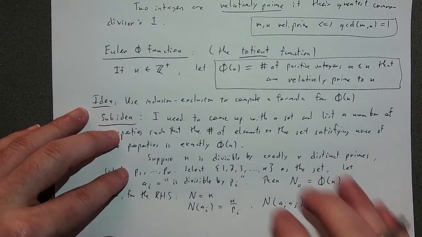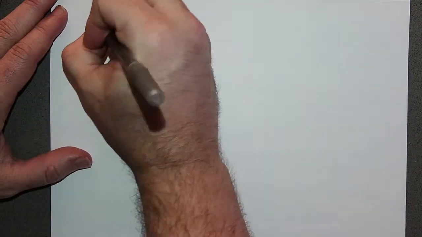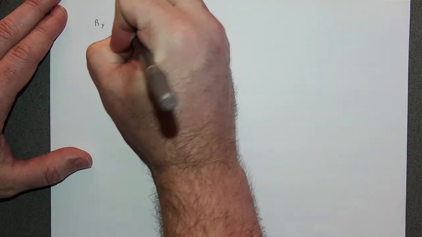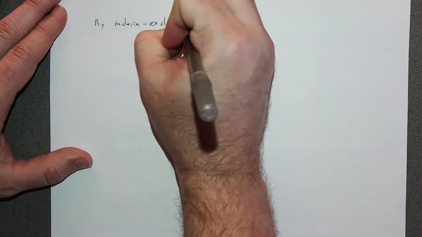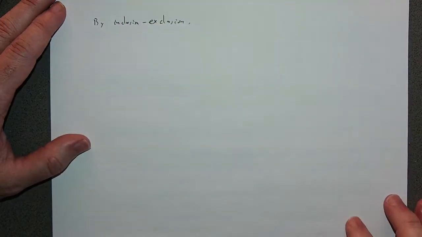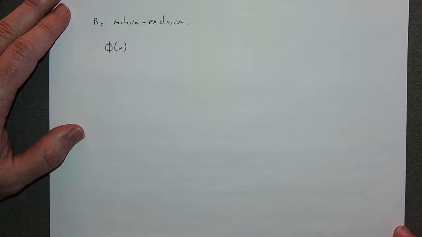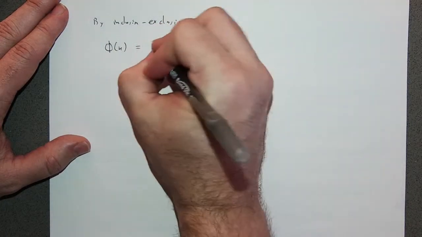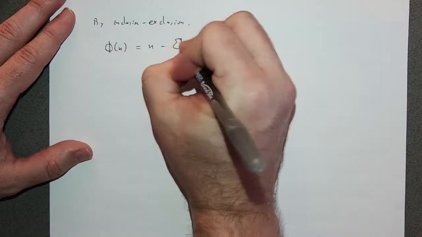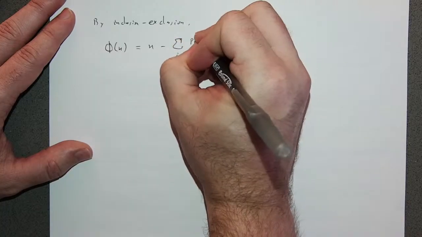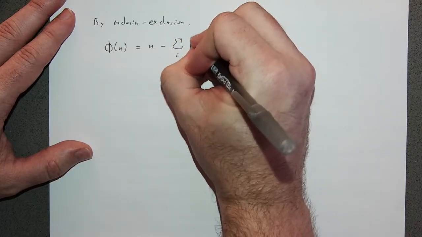And so, using inclusion-exclusion, the number of objects with none of the properties, that was phi of n, the Euler phi function, is equal to n minus the sum over i of n